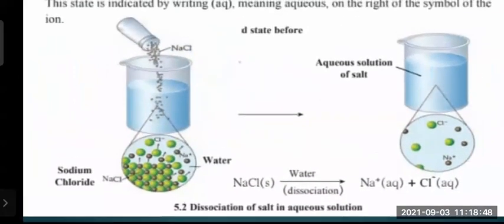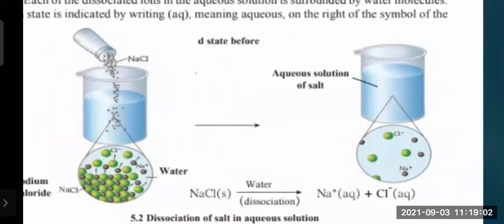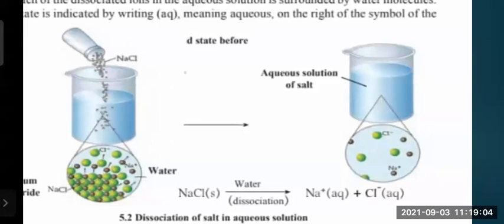Here, they are very close to each other. The green ones and the brown ones, they are close to each other. They are sitting side by side. But when the ionic compound begins to dissolve and when it is forming the aqueous solution, the right side one,